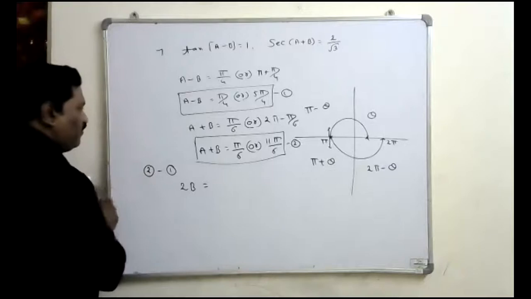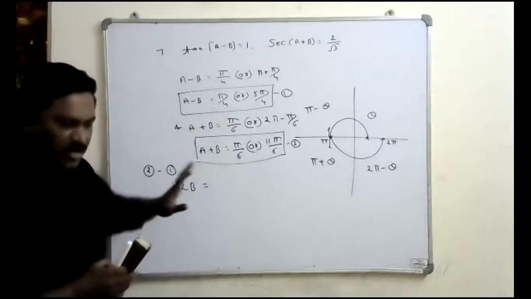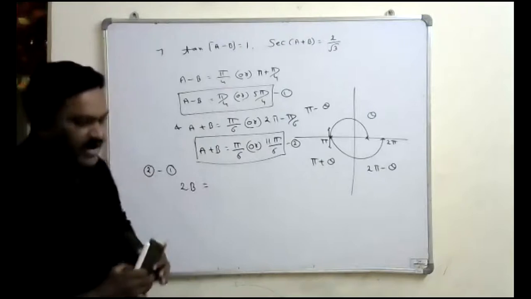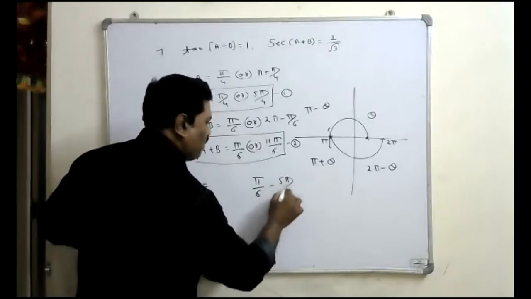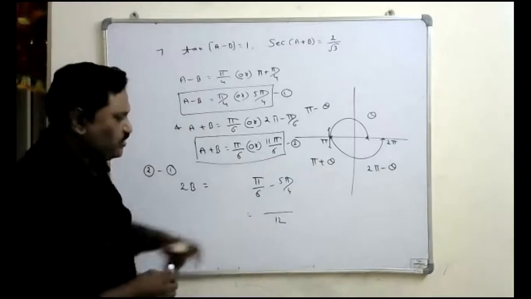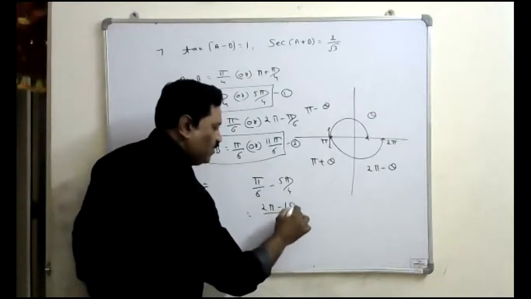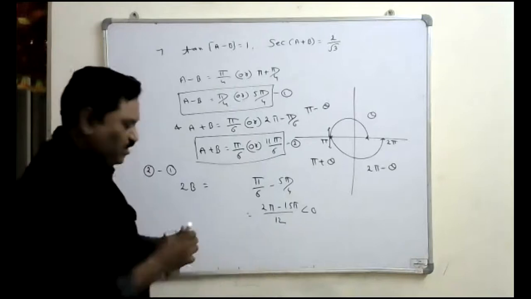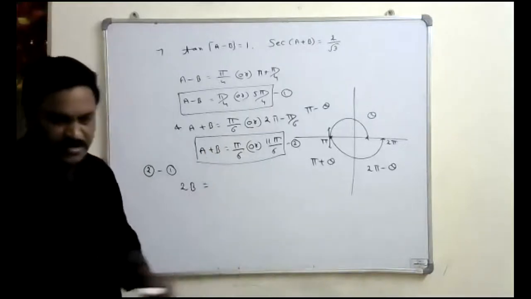So like that, in different combinations we should go for it. Means pi by 6 and pi by 4 we should not take. Suppose pi by 6 and 5 pi by 4, what value are we getting? Let us assume pi by 6 minus 5 pi by 4. If we subtract these two, what will we get? What is the LCM? 12. 6 2s are 12, so here we get 2 pi. 4 3s are 12, 3 5s are 15 pi. Observe that here also we got a negative. That's why we should not take this combination either.